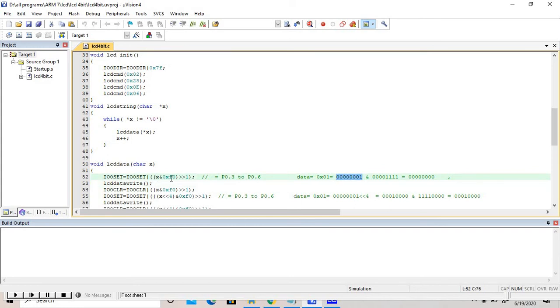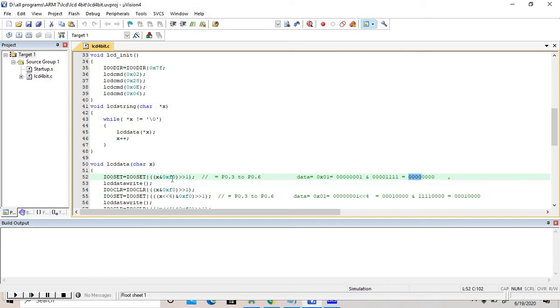00000001. The value ending with x, suppose the value is 0x01, means clear display screen. So the value 0x01 ANDed with 0xF0, the output is this. Okay, it means the first time it shifts only this 4-bit.